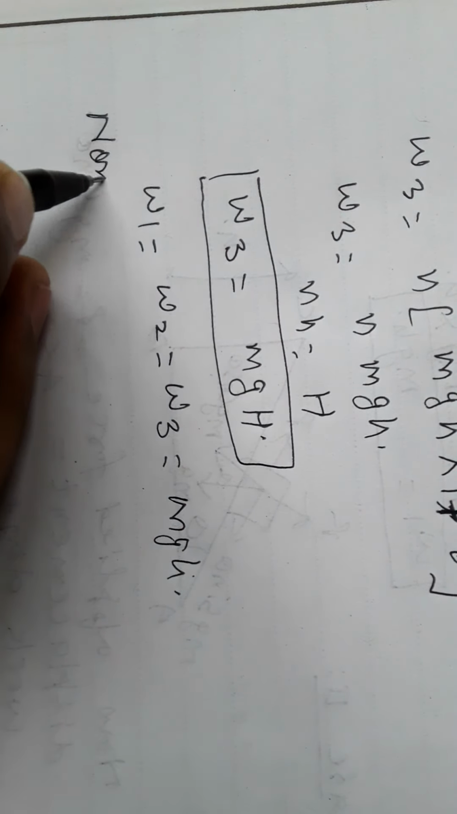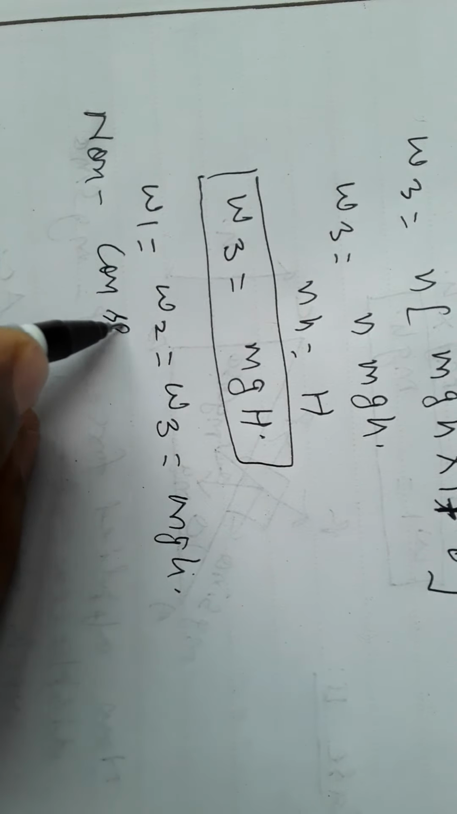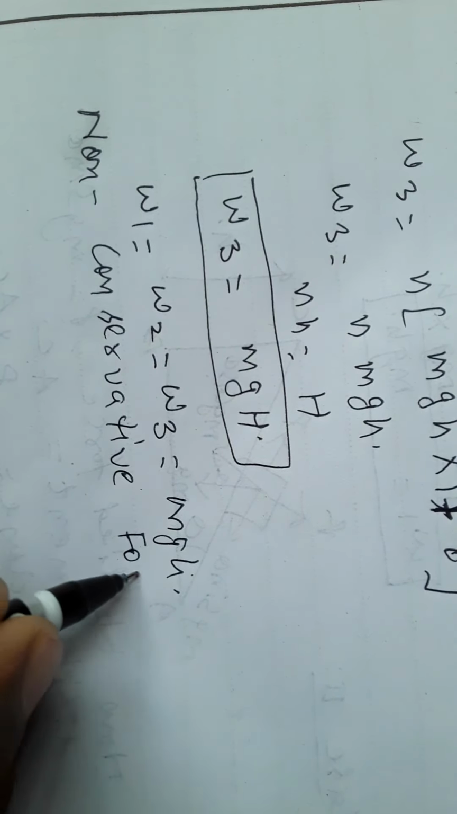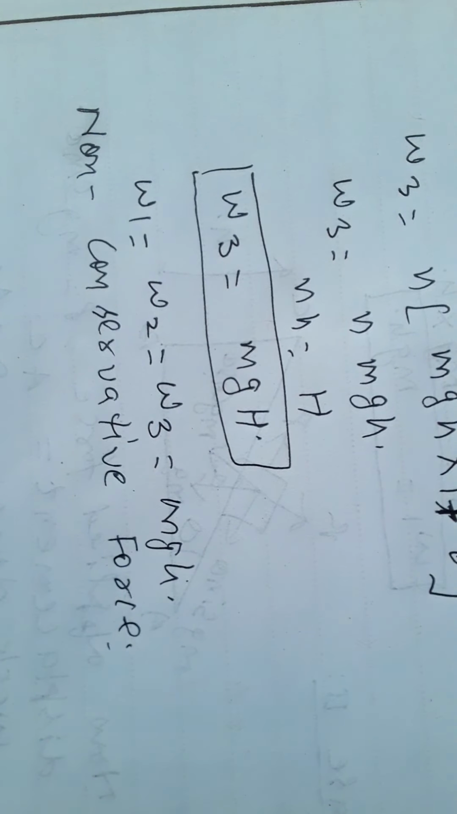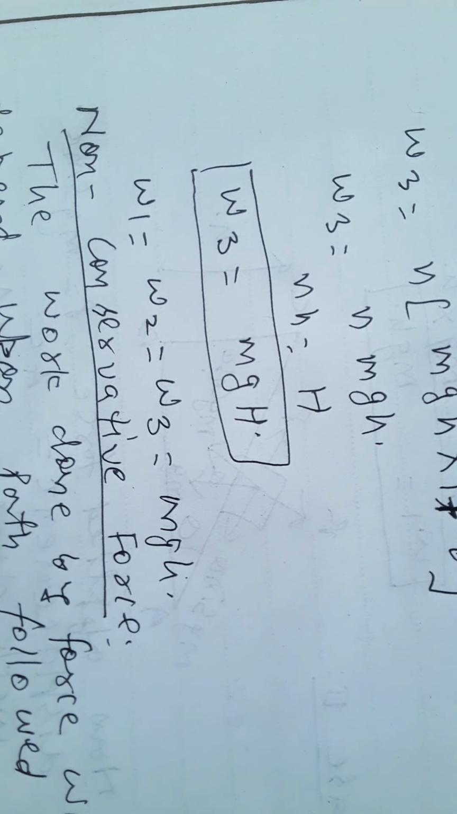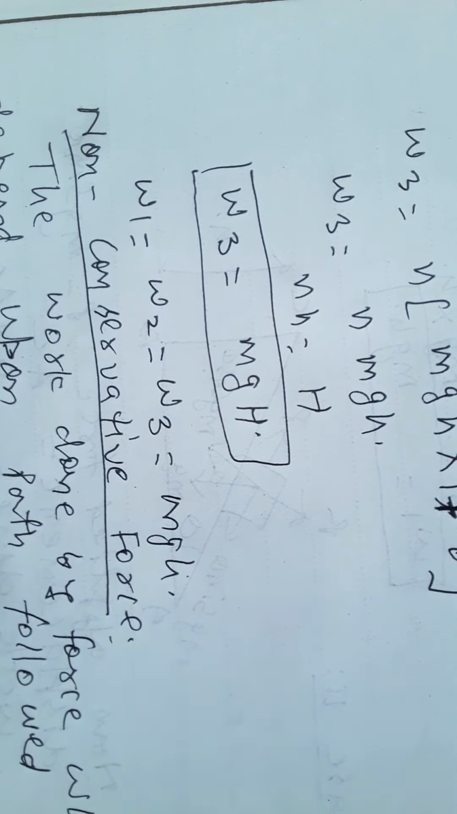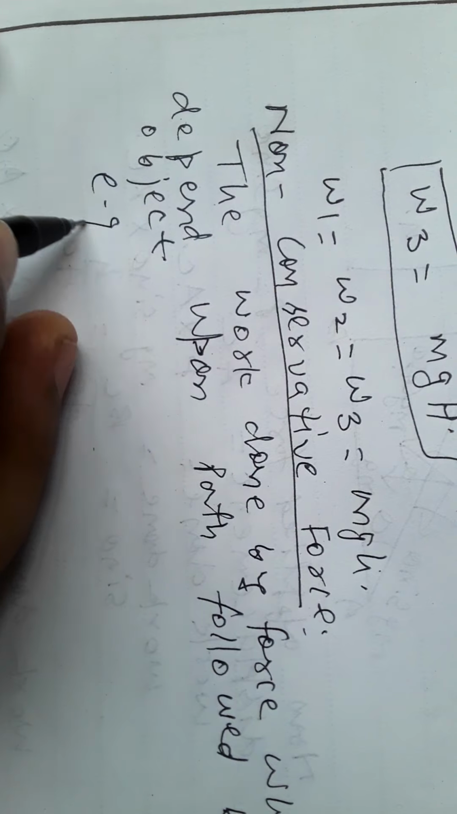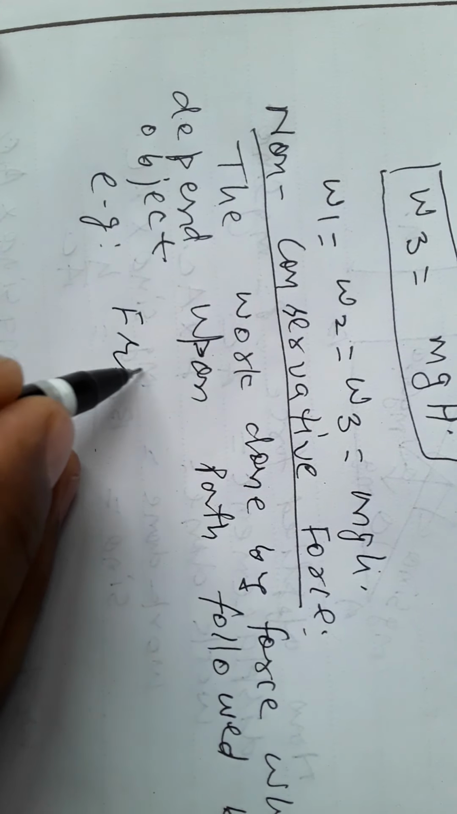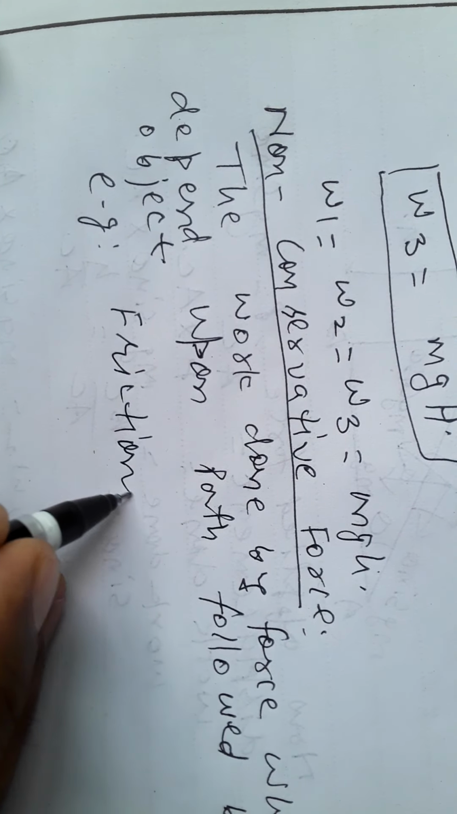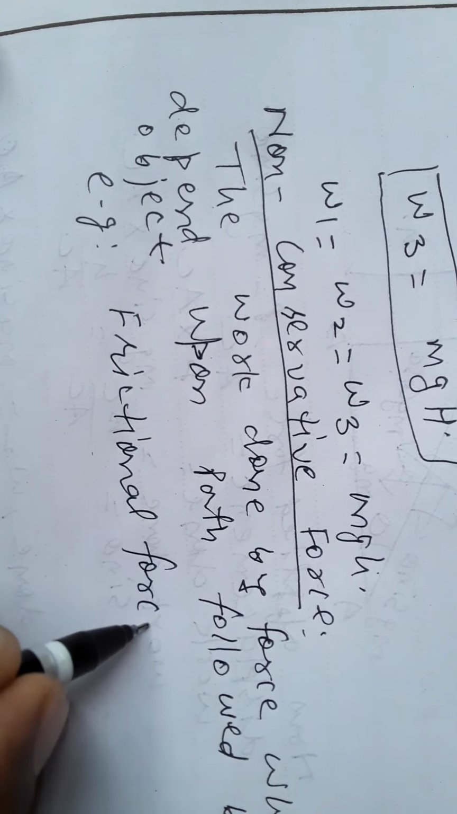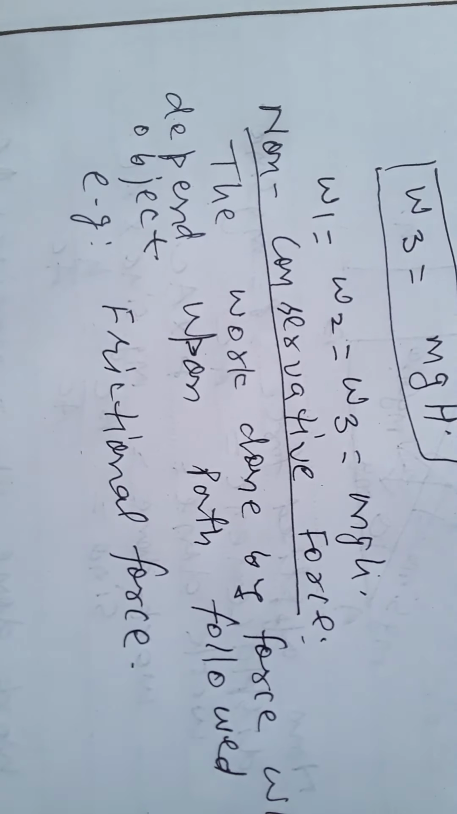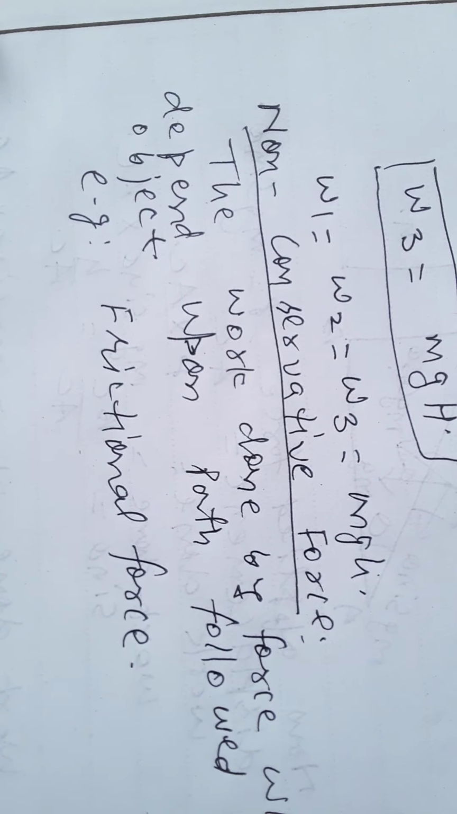Next is non-conservative force. The work done by the force which depends upon the path followed by the object. Example is frictional force. If friction is more, more work has to be done, and if the friction is less, less work has to be